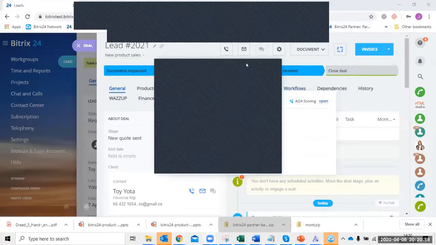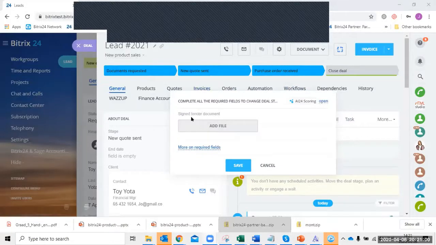You'll see a pop-up that came on now to say I need to upload a document. In Bitrix, like when you complete a website form, sometimes you've got a field with that red asterisk that's telling you this is a compulsory field. So often in a business, if we take the example of the pop-up now, it's a signed tender document that has to be uploaded before this can go into the last stage of the sale. You can make it a compulsory field, but only for this stage. So unless you've uploaded it, you can't move it to the next stage. We will upload a document here